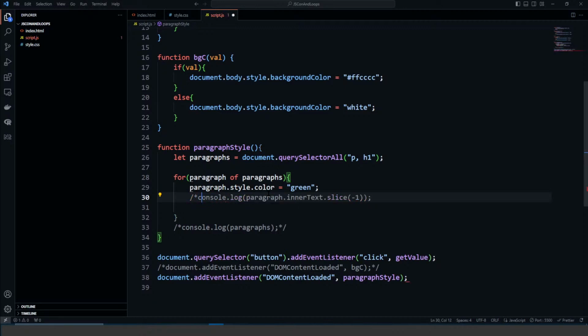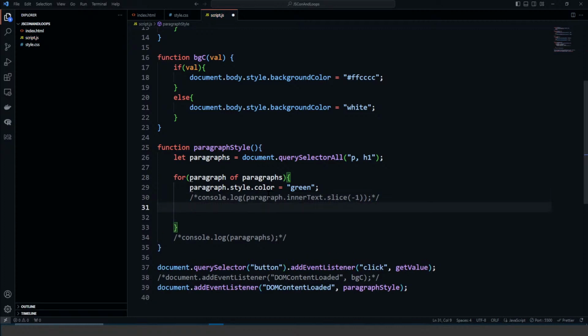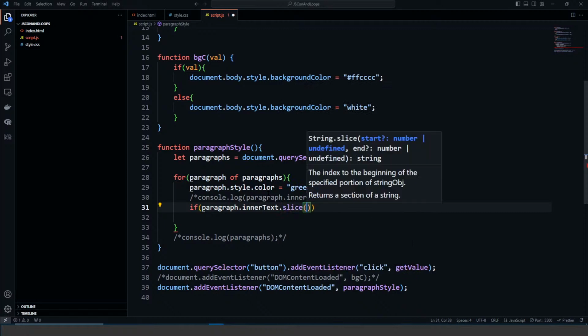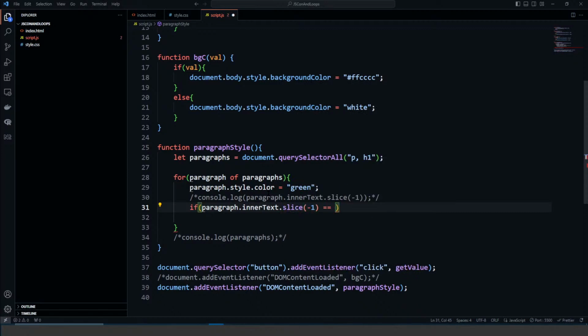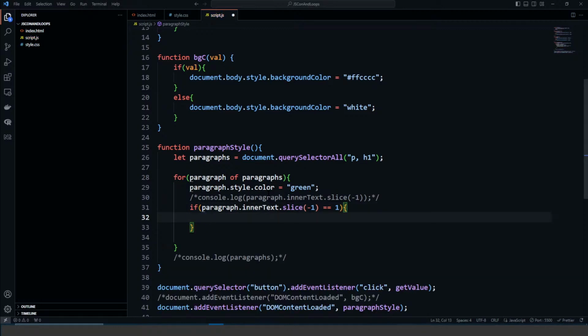So we can say something like: if paragraph.innerText.slice(-1) equals 1, paragraph.style.color equals red,